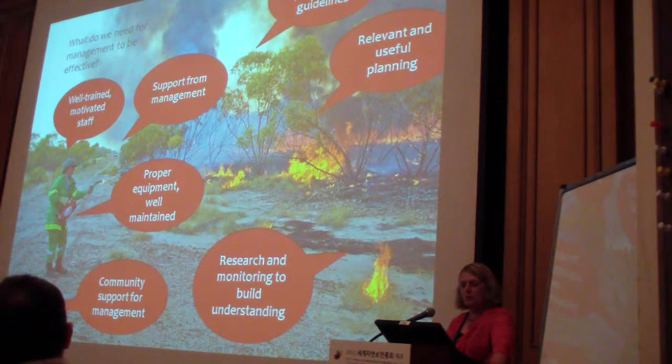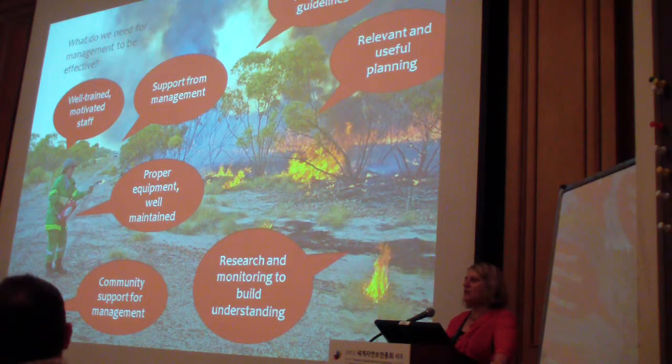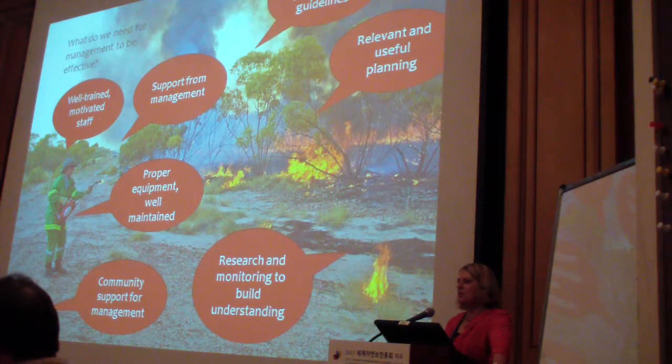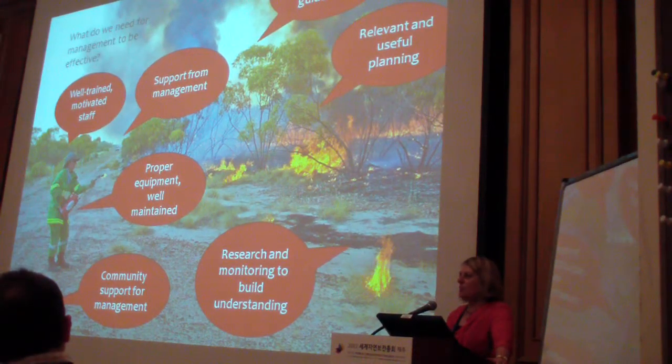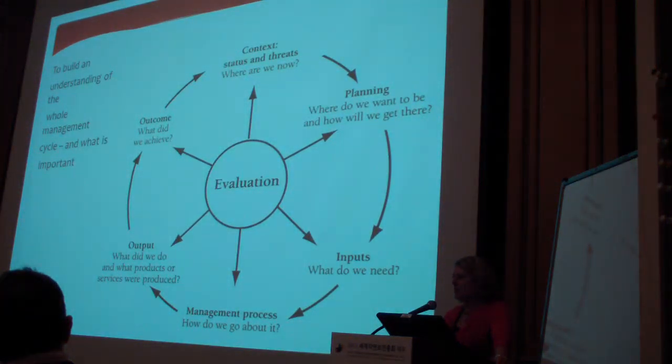I just looked at a picture of one of our female rangers conducting a burn and thought about, okay, to make fire management effective, what do you need? There are all sorts of aspects of management that need to be considered. And if any one of those isn't working, isn't there, then it's very likely that biodiversity is going to decline. So when Mark was doing his PhD 15 years ago, he started looking at this question